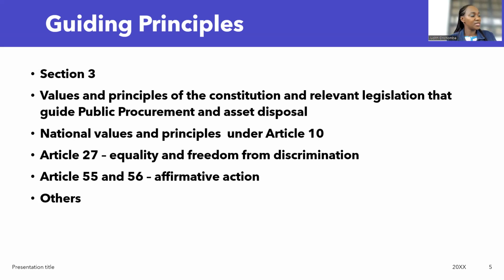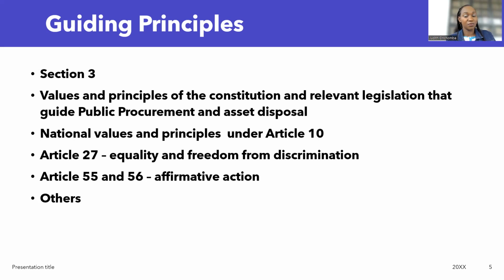It talks about human dignity, good governance, and sustainable development. You can refer to it to get more details. Procurement and asset disposal is also guided by Article 27, which in essence talks about equality and freedom from discrimination. So it means the manner in which procurement and asset disposal activities are carried out should ensure equality and